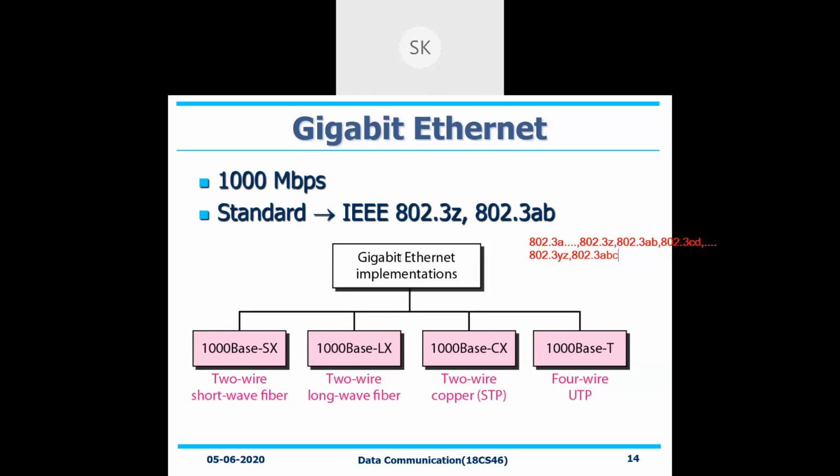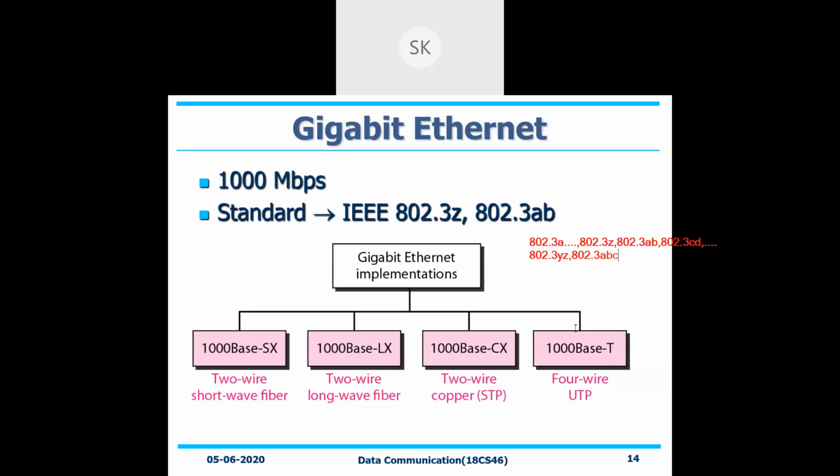Okay, so under this gigabit Ethernet, there are 4 different categories available. It's 1000 Mbps data, so 1000 Mbps data will be transmitted. That is the one that we'll be having: 1000 base SX. What is this SX all about? We'll come to know later, don't worry about it. 1000 base LX. Next, followed by 1000 base CX. Next, followed by 1000 base T.